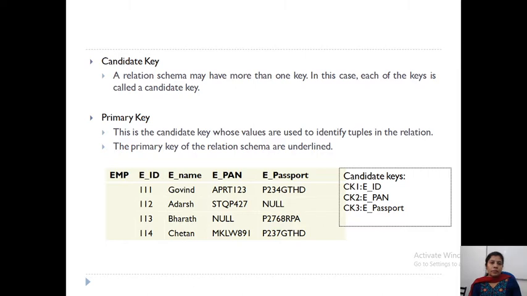Then it is called a minimal super key, and those are the keys in the relation schema. You can have more than one key in a relation schema, and each one will be called a candidate key. From the candidates, you will select one key to identify the individual tuples in the relation schema. That will be termed the primary key of the relation schema.